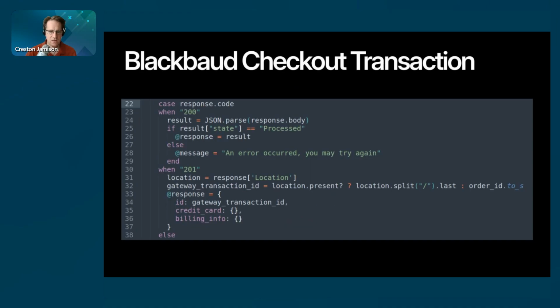So if we look at the next page, once we get the response back, if it's a 200, we're going ahead and parsing the results of that from JSON into the object storage of Ruby. Your implementation may be different, but we're basically converting it from JSON into a native implementation of Ruby. We're actually checking to see if the state equals process. I'm not 100% sure of every state that can exist. We've only ever seen states that have been processed. But we'll take a look at the endpoint. I think it looks like we're going to have time